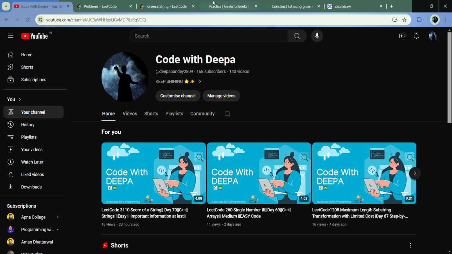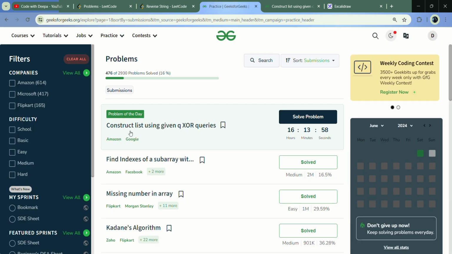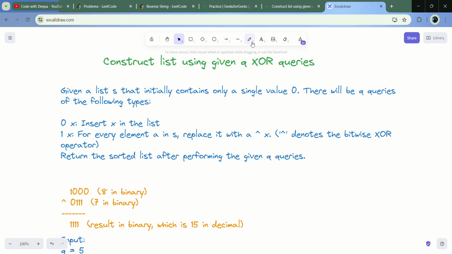Now let us see what today's problem is. Today's problem is to construct a list using the given XOR queries, and it is asked in Amazon and Google. So this is a really important question for you. Now let us try to solve this question, and first we will go through the question. Okay, so given here that